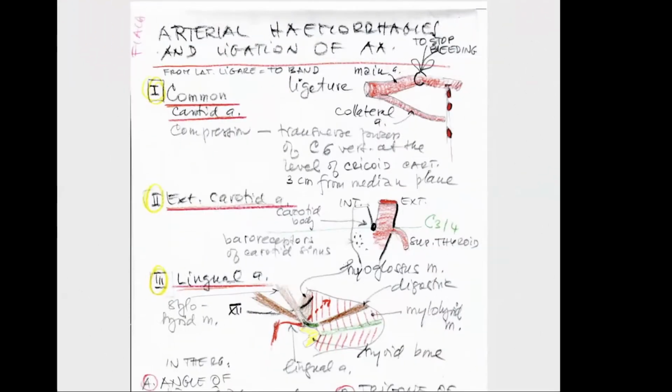Dear students of the second year dentistry, we are before the end of the summer term of our subject, topography of head and neck. The last chapters comprise the arterial hemorrhages, ligation of arteries, and then some topographic regions of the neck. Starting now with the chapter